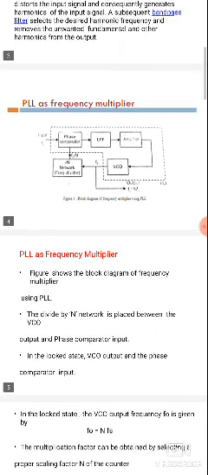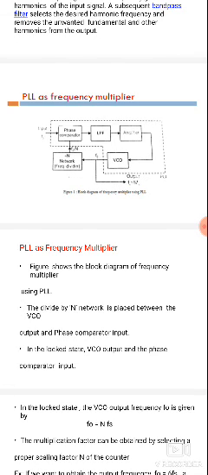First the input is applied to the phase comparator. The phase comparator is also known as the phase detector. Then the output is given to the low pass filter, whose main aim is that low frequencies are allowed and high frequencies are removed. Next, the amplifier increases the signal strength. Then it is given to the VCO, which stands for voltage controlled oscillator. The VCO output is given to the N network frequency divider.